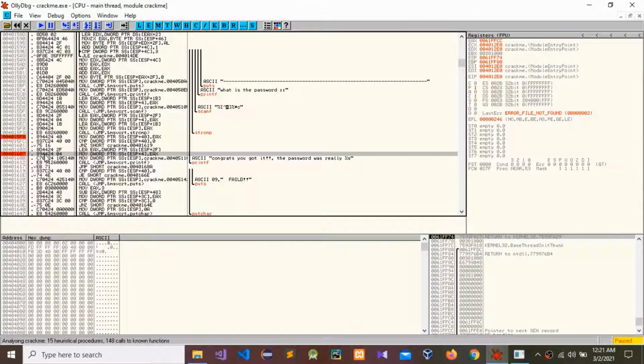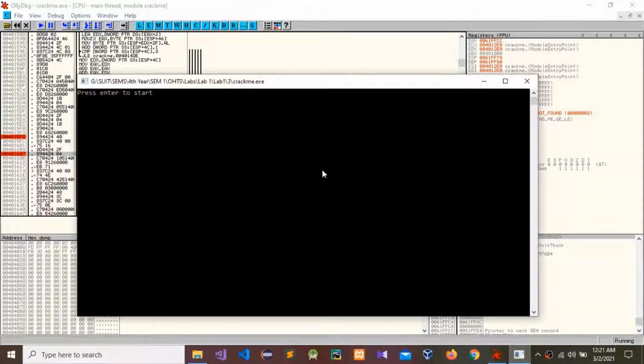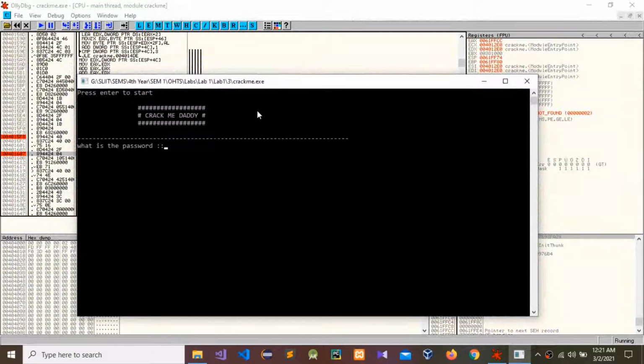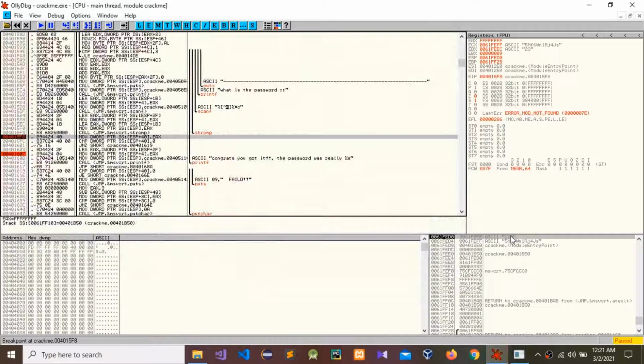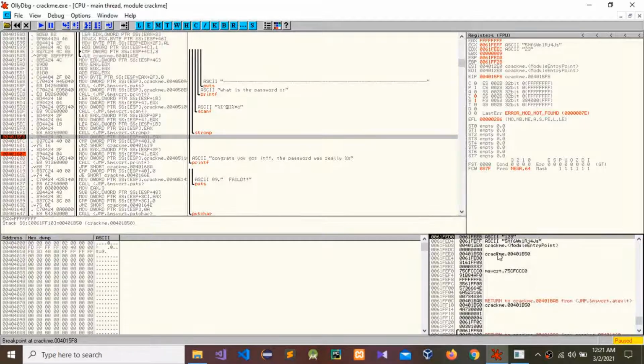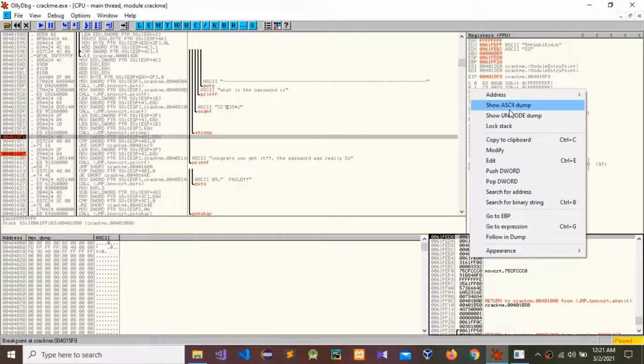So guys, now I'm going to run this program again. Okay, I'm going to give password again 123. Okay, so guys, can you see these ASCII values? So you need to give a show ASCII dump.